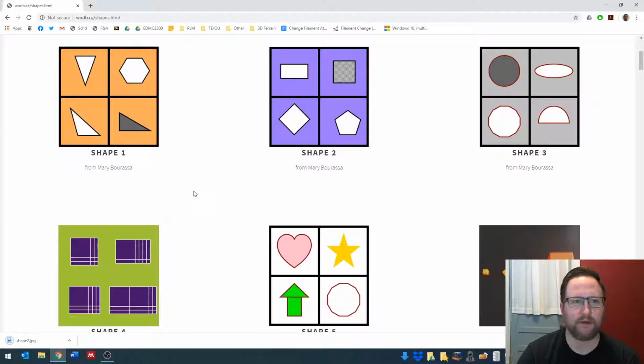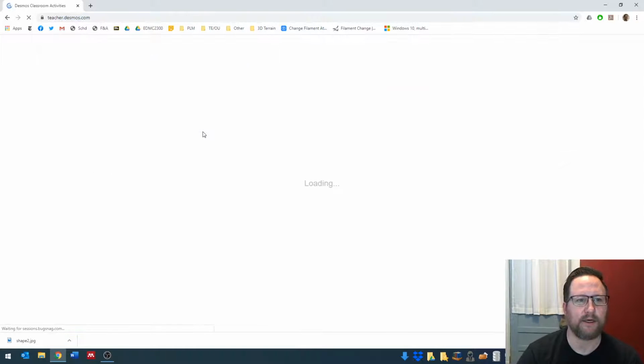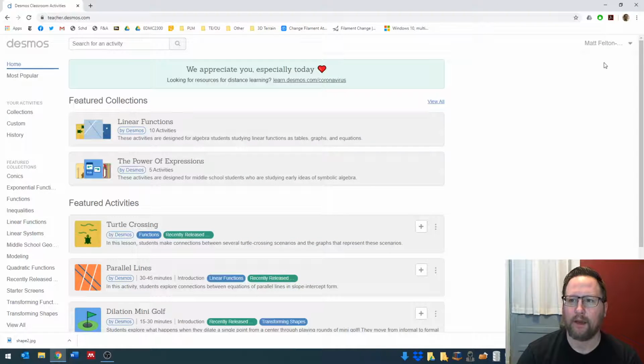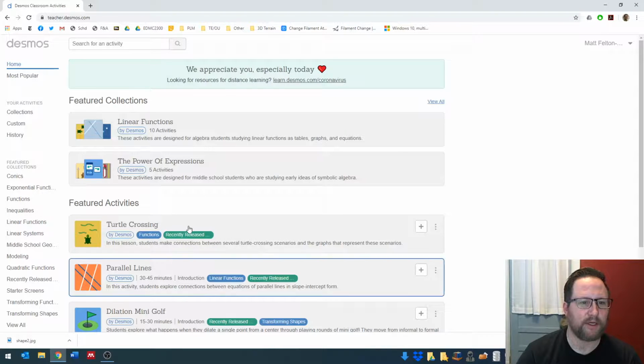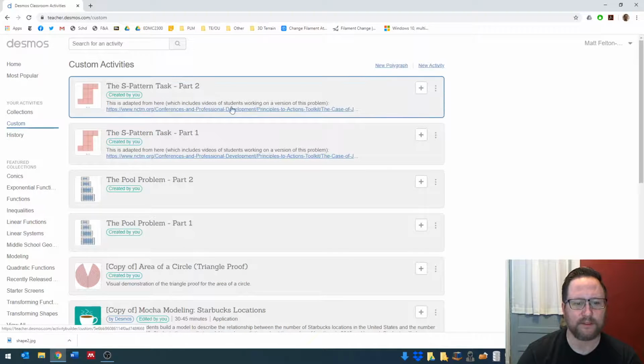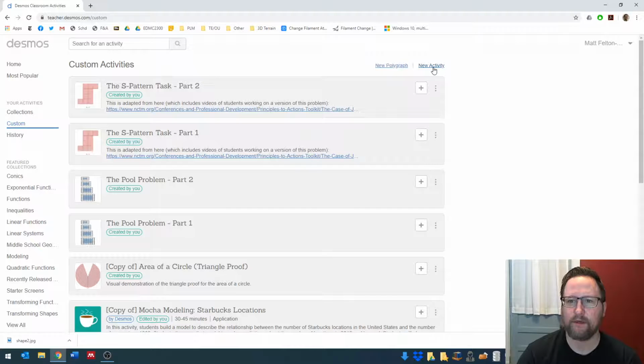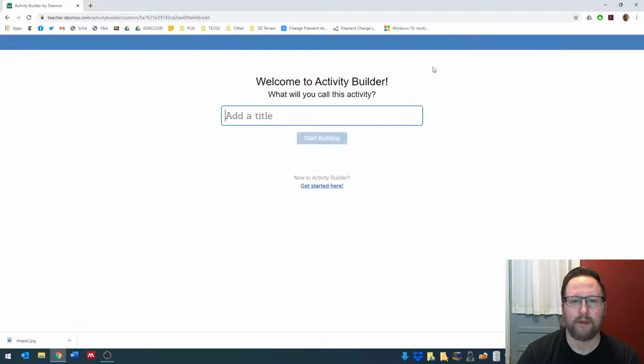Once you've saved all your images or created them on a camera or something like that, you need to go to teacher.desmos.com. I'm already logged in, but if you're not, you'll need to log in. These are activities Desmos has created. Under your activities, I'm going to go to custom. This is anything you've made. Yours will be blank at first. You do new activity. You need to give it some type of title. So for us, you can just do warm up and then your names